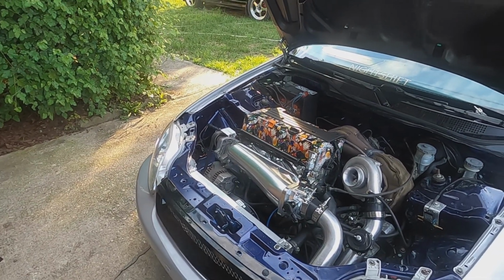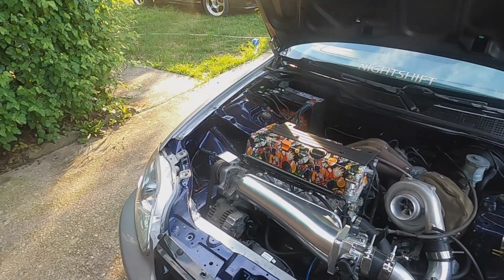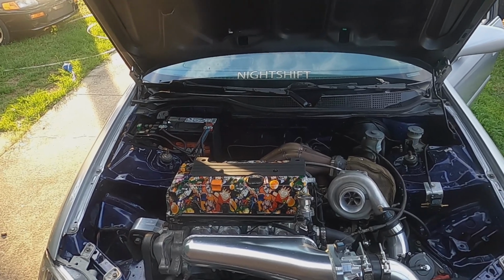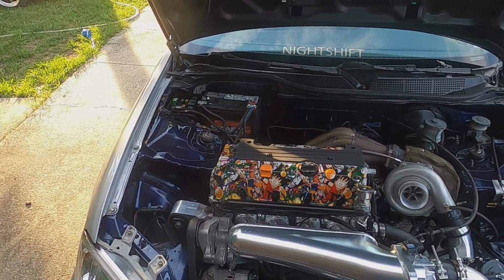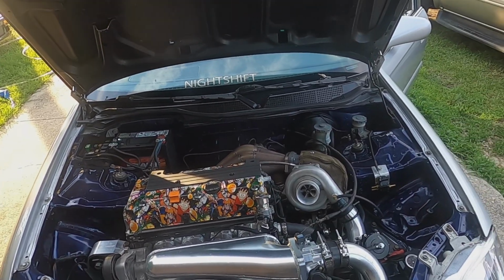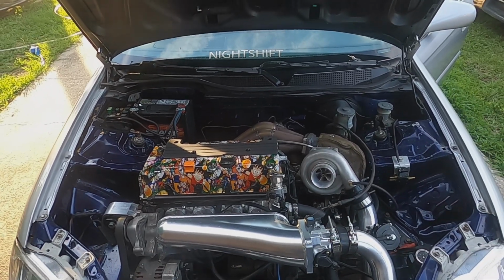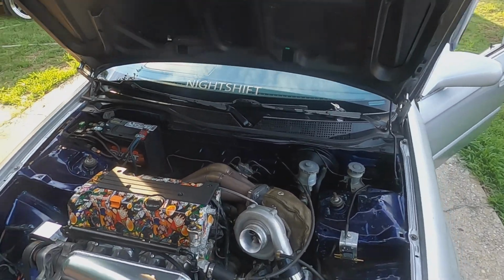But found a guy on Facebook that hydrodips valve covers, and he got one for his car, and I was like, yo, that's dope. And he turned around and I was like, man, I need a valve cover, and he got me this one. He surprised me with it. I put a clip of the